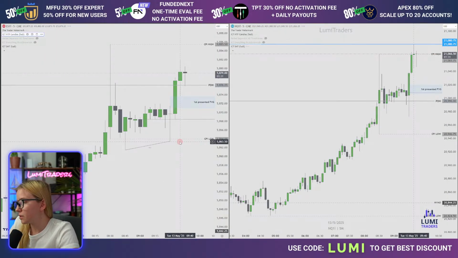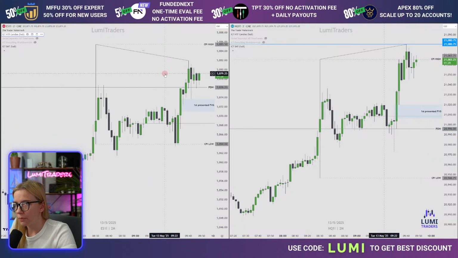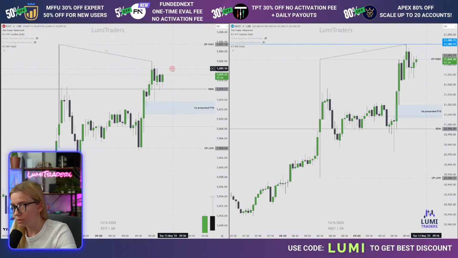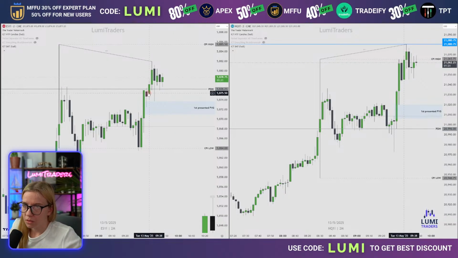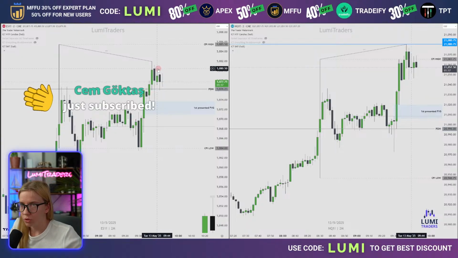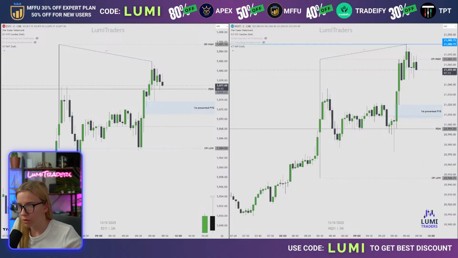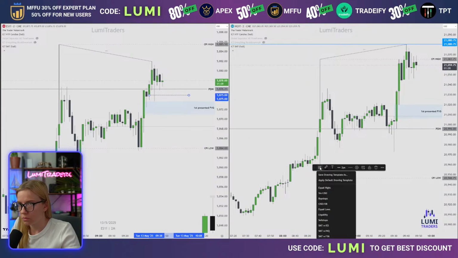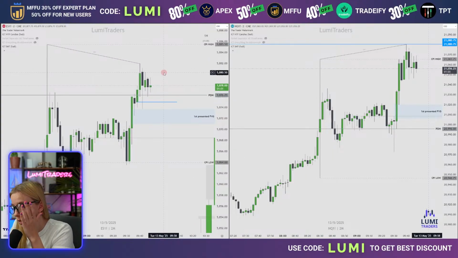Seems like it's still inside the market maker buy model, and I believe this SMT is going to be broken. I can be wrong, it just doesn't really want to displace so far. Was trying to offer an order block right here. At this point we could start talking about displacement, but struggling. So as you can see, I don't really mind to have an order block for a lower based on this SMT. This order block, okay. So we don't have any yet. Oh, weekly. Okay, yeah, I have it.